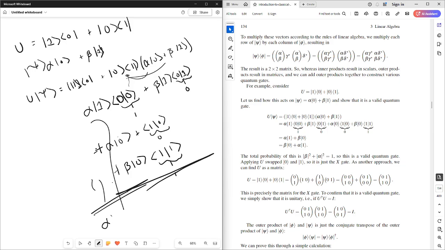So we wind up, after everything simplifies, with alpha 1 plus beta 1 plus beta 1 plus alpha 0 plus beta 0, which equals